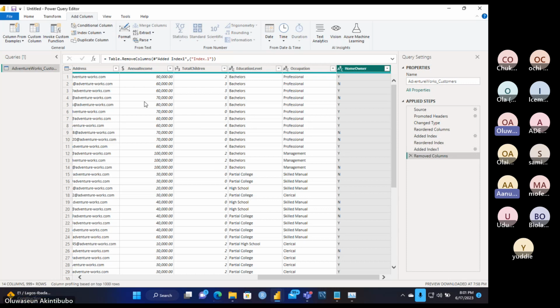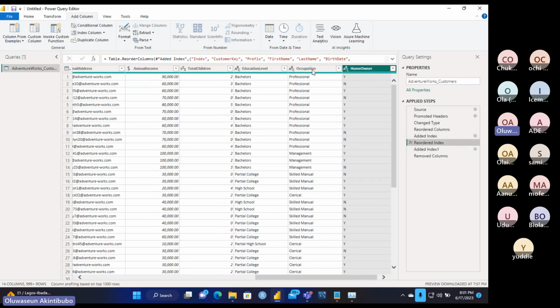Awesome. So we have removed a column. Can you see the M code? For every single step that you perform, can you see the M code that is generated? M code is written by itself by default for you. So Table.RemoveColumns: can you see the name of the column and the action that is performed? If you click on Added Index, can you see Table.AddIndexColumn, starting from 0 with an incrementation of 1, and the data type is Int64?